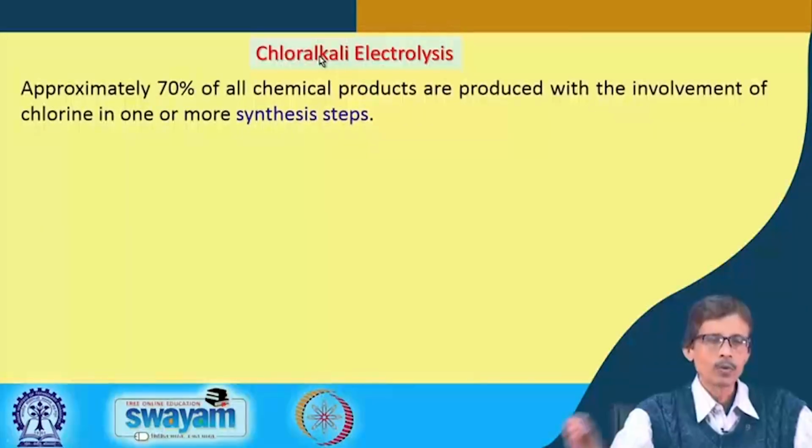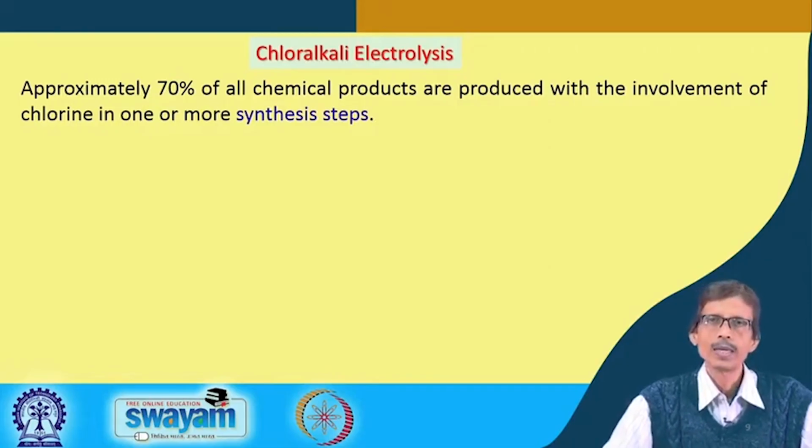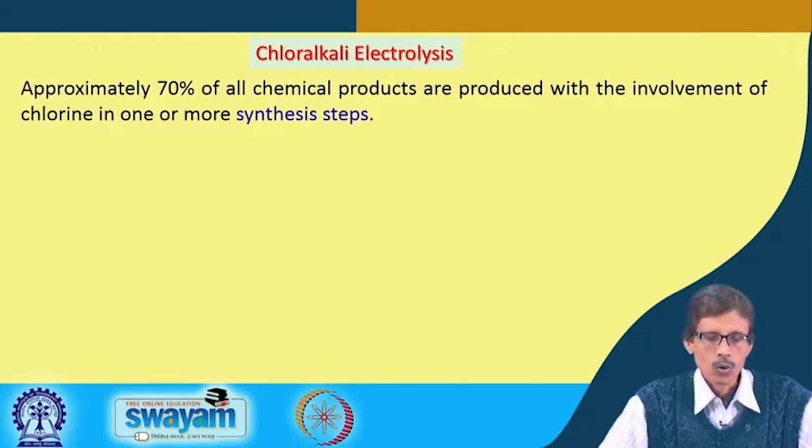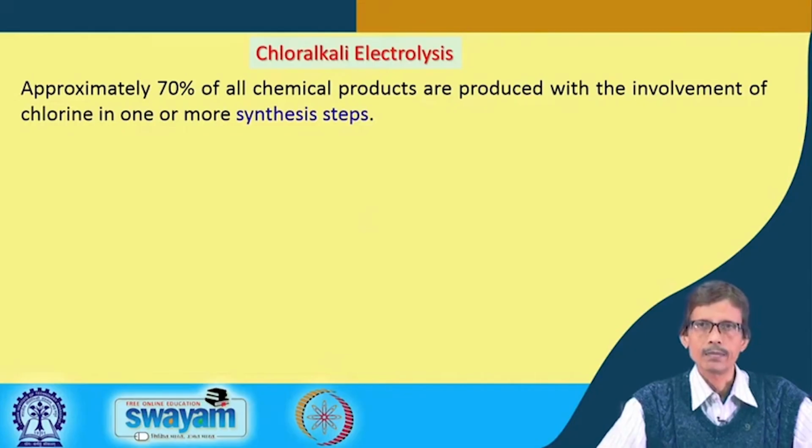That means you have to have something where the chlorine is present and the alkali metal ions are present, which is nothing but, when chlorine is present and the alkali metal ion is sodium, the electrolysis of sodium chloride. So, the chlor-alkali process is very useful because the natural resource of sodium chloride, we know, is such a cheap material,